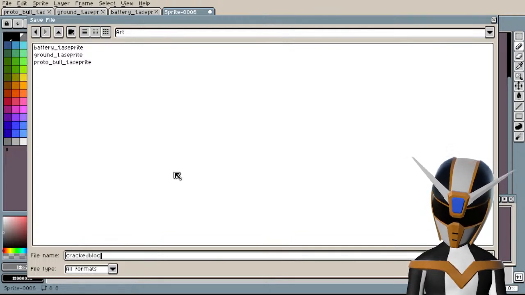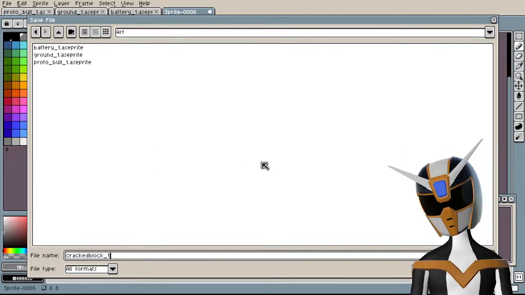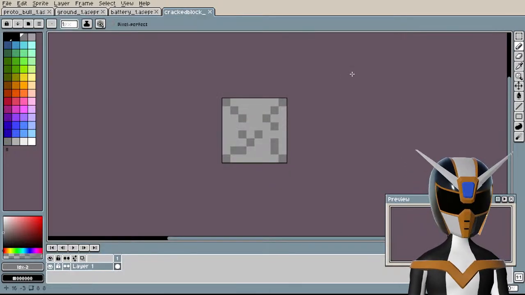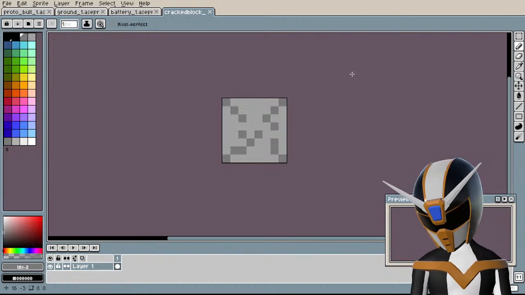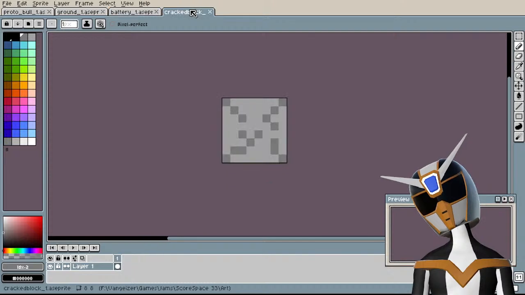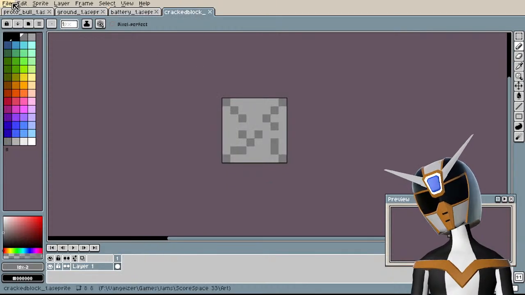Crack block. Alright. So I think I've got all the sprites done that I need for just a prototype.